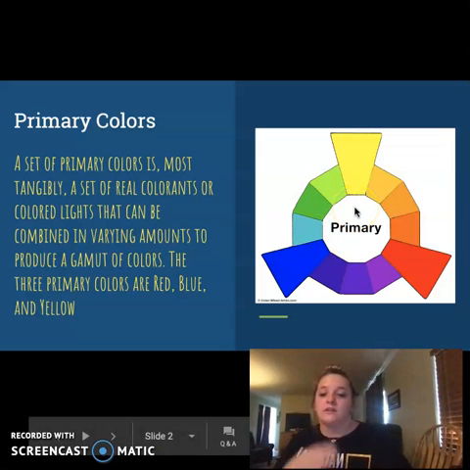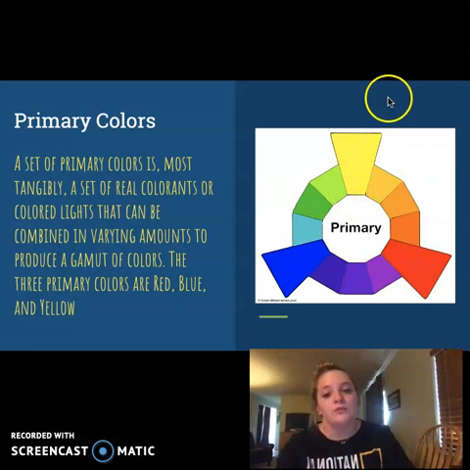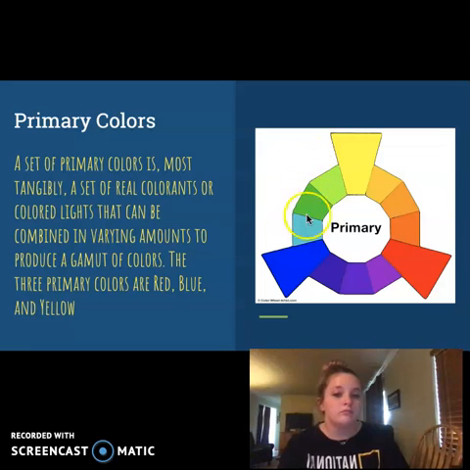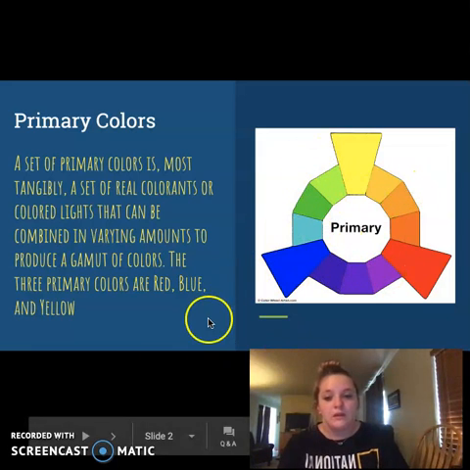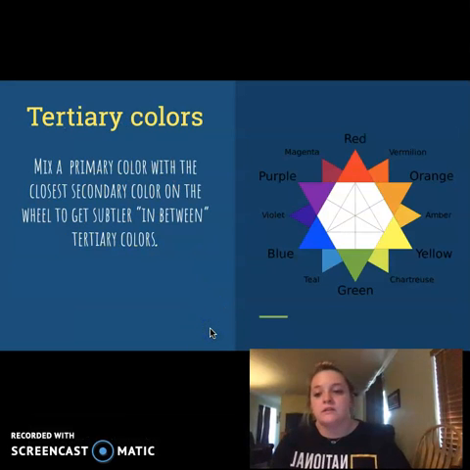So over here on this example I have the color wheel, and the ones that stick out, red, blue, and yellow, those are primary colors, and then the ones in between are obviously colors you get when you mix them together. Alright, so next we have tertiary colors,